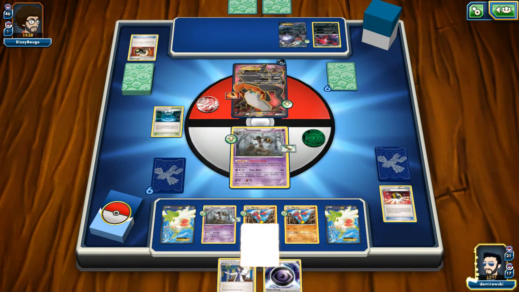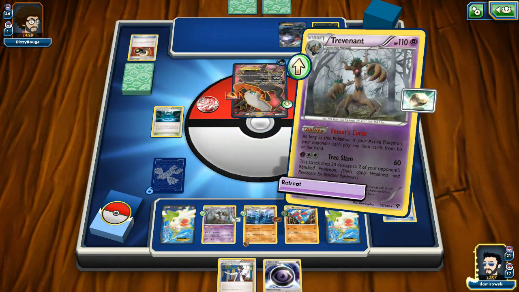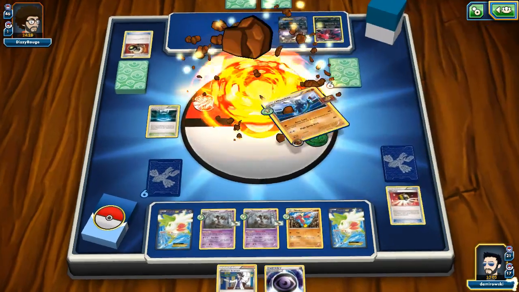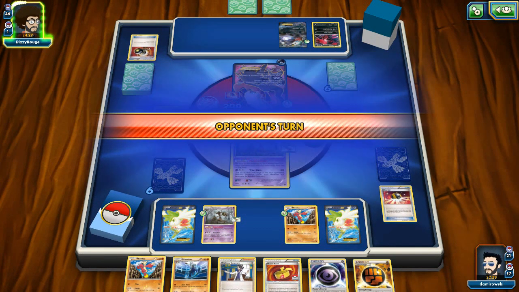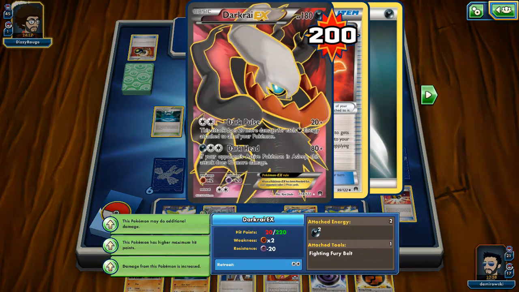As you can see, I misplayed Trevenant turn 1, which saved my opponent. As you can see, he attached that Fighting Fury Belt, which will save him because I will do 200 damage to him and he will be left on 40. If I was able to get Trevenant turn 1, it would probably be GG, but it's still a decent start. Just try to have two Mienshao on your bench each time so you can easily...